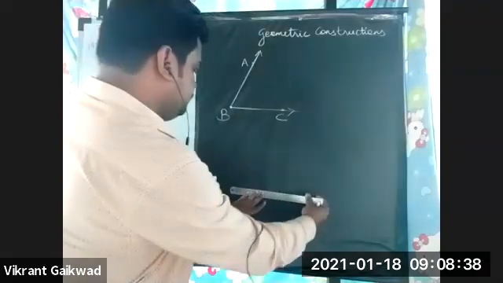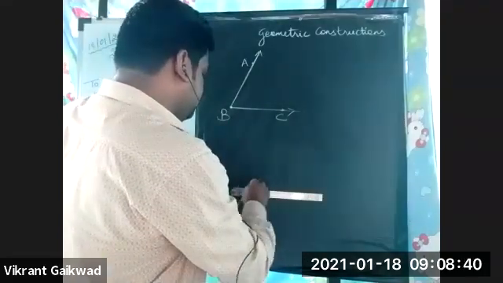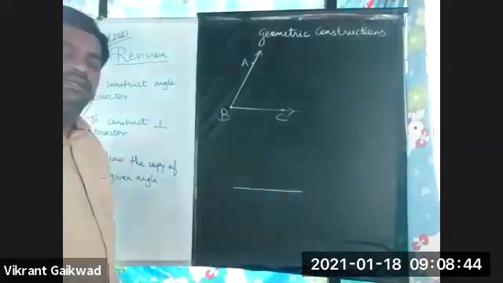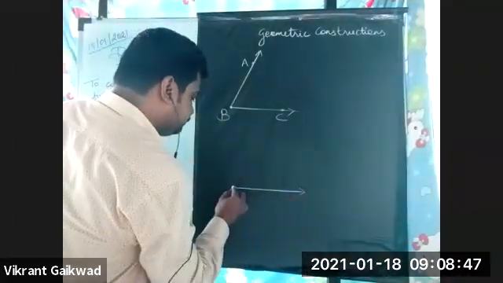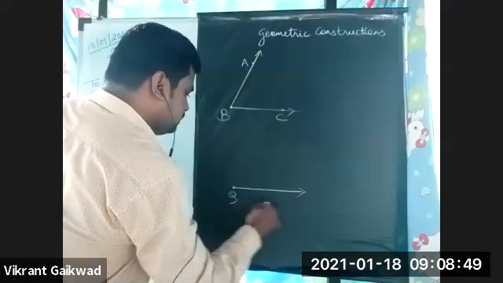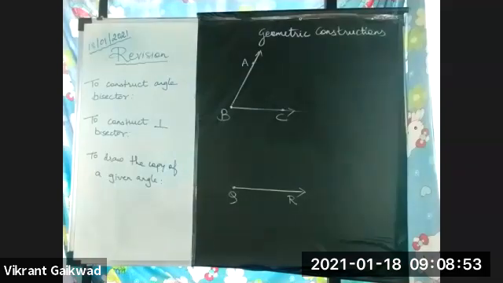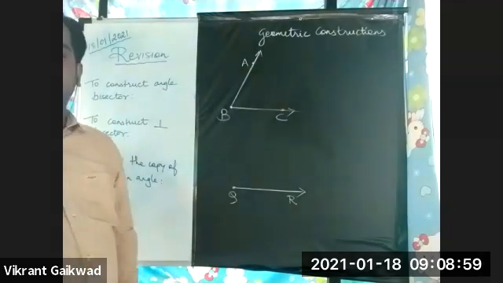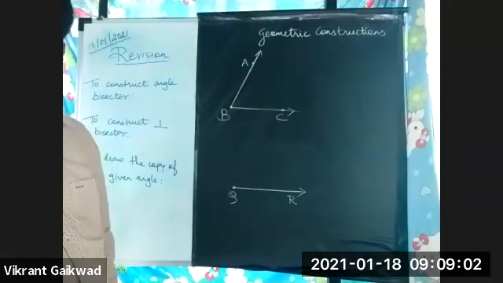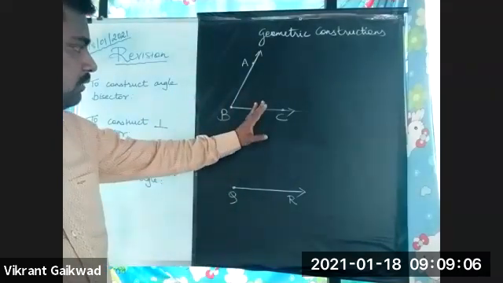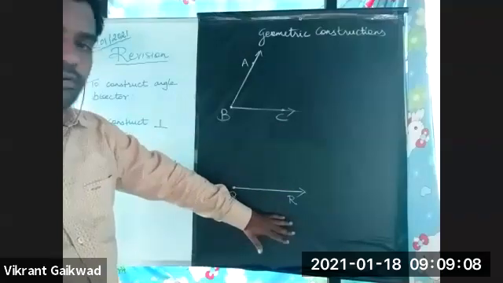What you will do is first draw the base of that angle, the base arm of that angle. See, you're drawing base QR. Understand what we are going to do? We are going to draw base QR. Is this clear till here to all the students? ABC is the given angle. You have drawn the base.